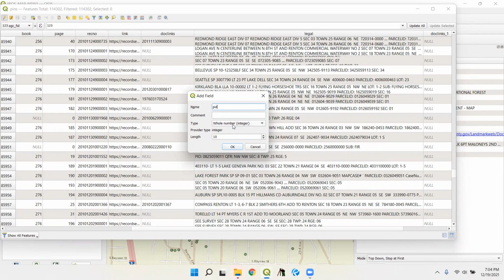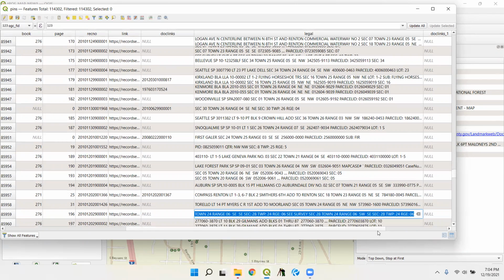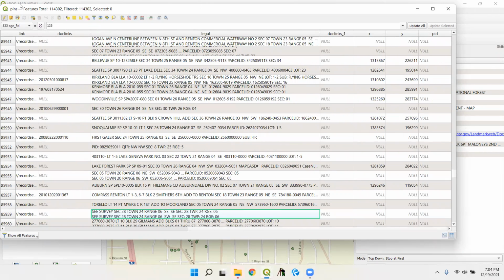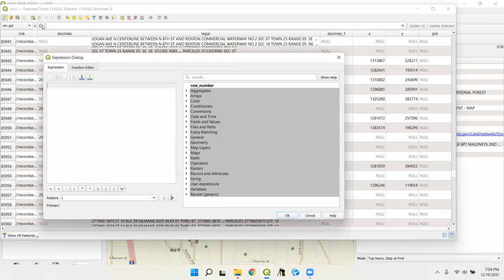And I don't like to use numbers. I know that they're 10, but we're just gonna make it 14. Don't want to run out. And so here we go. So we're going to say PID equals